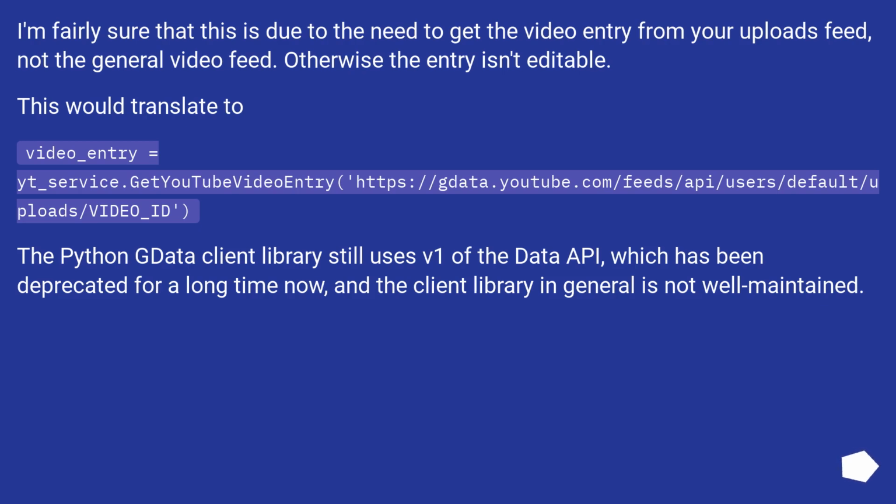I'm fairly sure that this is due to the need to get the video entry from your uploads feed, not the general video feed. Otherwise the entry isn't editable. This would translate to video_entry equals the underscore service.get YouTube video entry